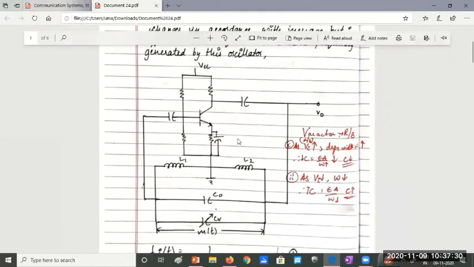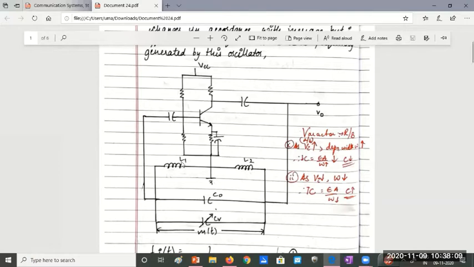Okay, so the complete amplifier circuit is here. The feedback network has two inductors L1, L2 in parallel with a fixed capacitance C0 in parallel with a variable capacitance CV. So this is the actual circuit which we are going to consider for the Hartley oscillator, which is used as a direct generation technique for frequency modulated signal. Okay, I hope all of you remember this. You have worked on it in the lab also, the Hartley oscillator, right?